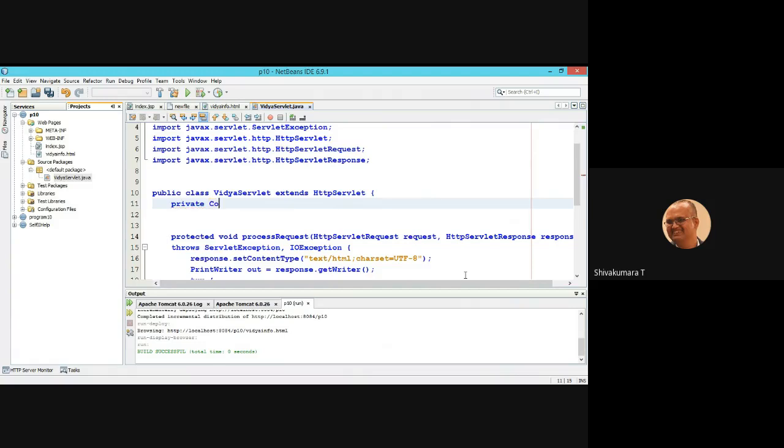C capital, Connection con equal to null. You are initializing the connection as null. If the connection is referencing any other objects in the same application, before using that you are going to reset it to null.